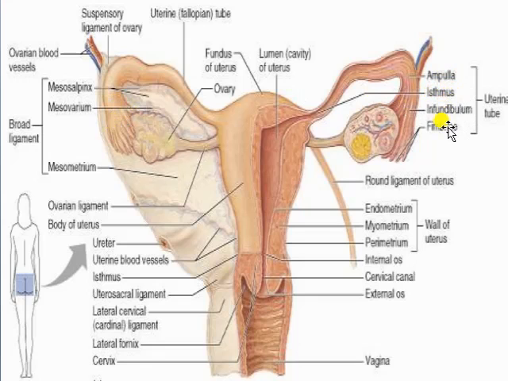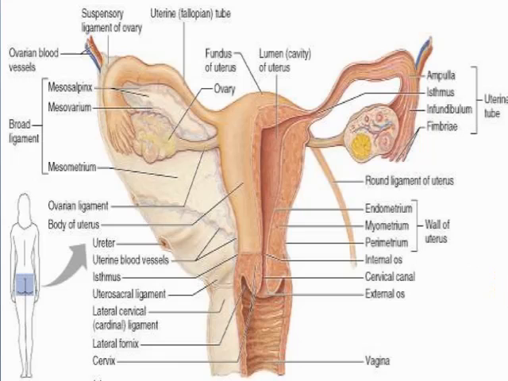It is divided into fimbriae, infundibulum, ampulla. This part one can call the ampulla, and this one is the isthmus, and this is the ureter. This is the ureter, it is coming from the kidney, and this is the ovary. We can see step by step, one by one, how.